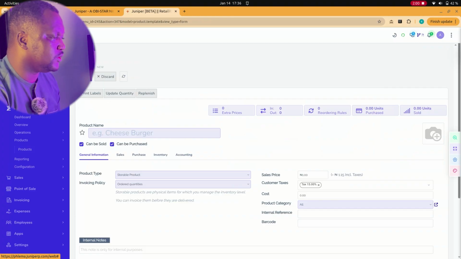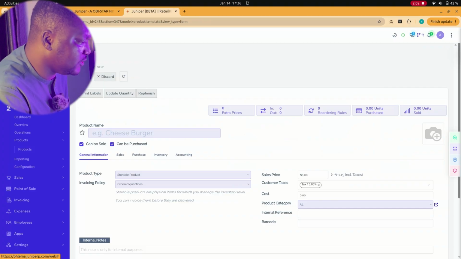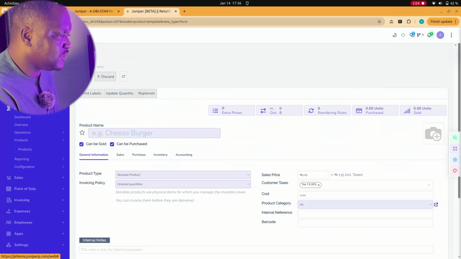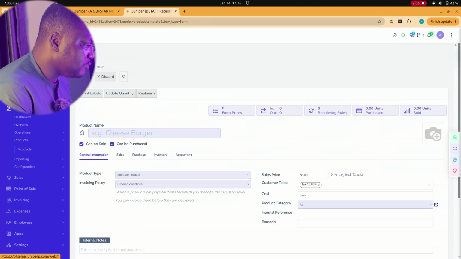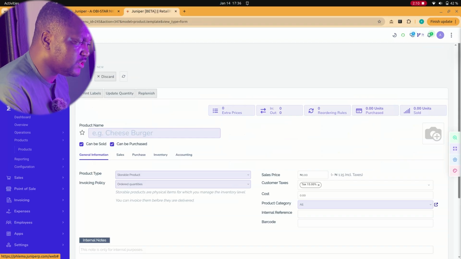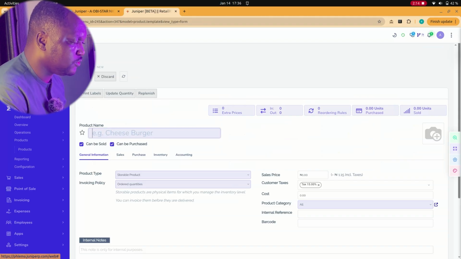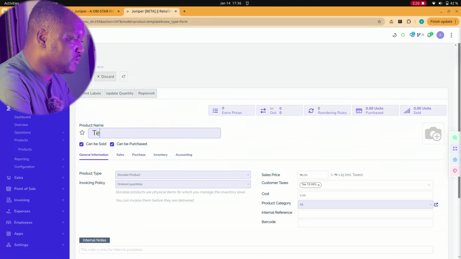Once that button is clicked, you get to see a number of things that we need to provide. First and foremost is the name. You need to provide a name. Every product that exists must have a name. So the first thing we want to do is to provide a product name. So we say, let's say test product